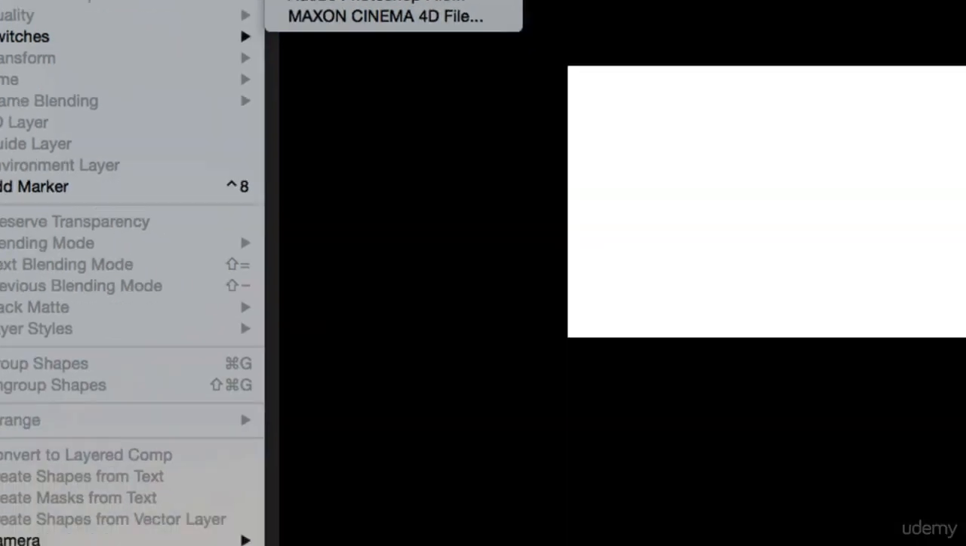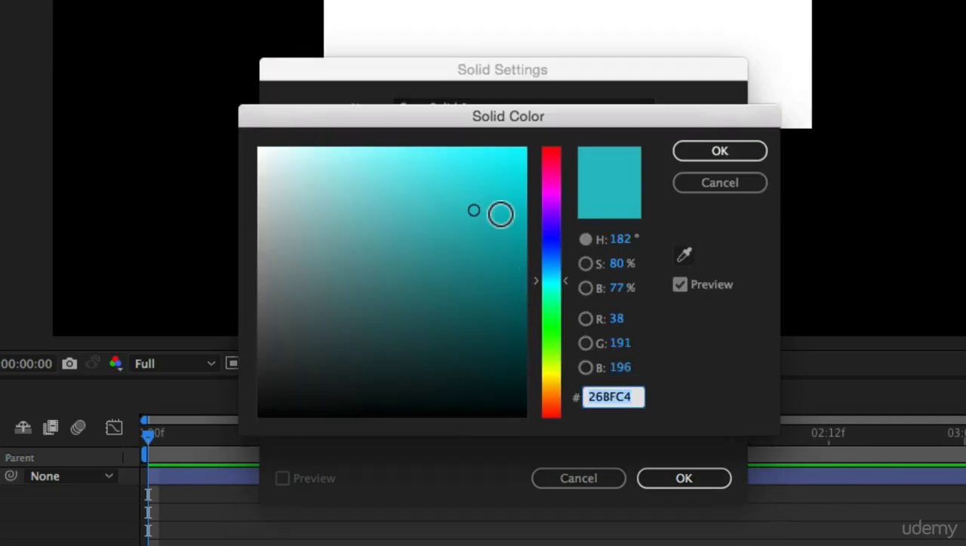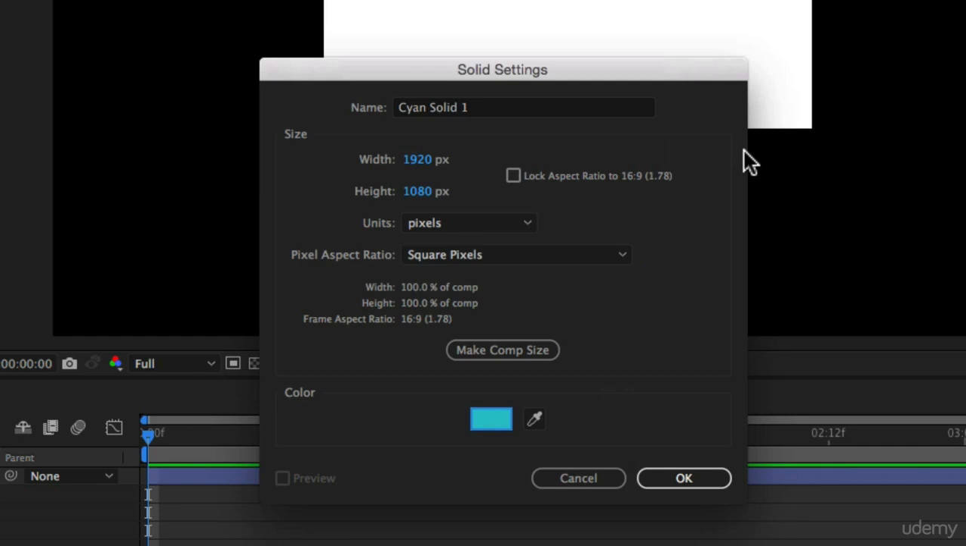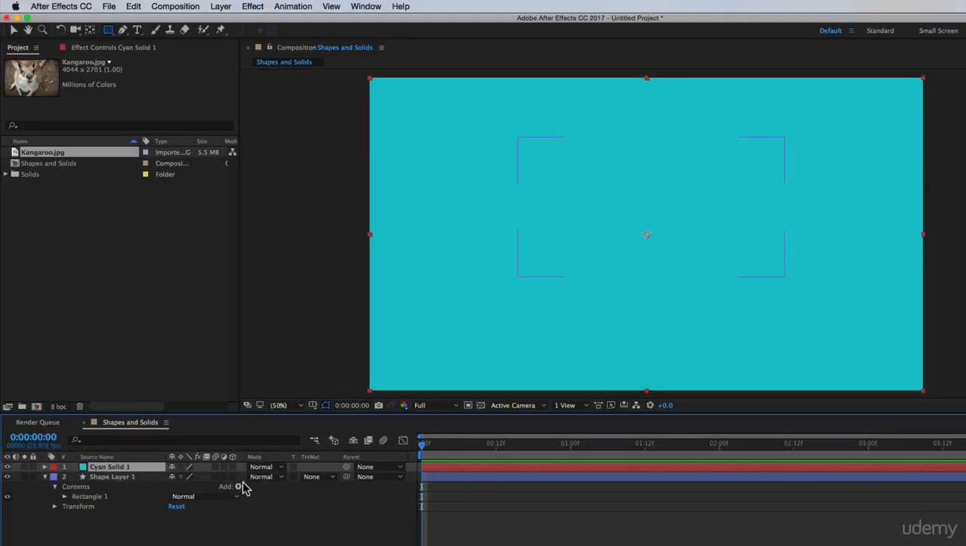So if I choose solid, it brings up this window where we can choose our solid settings. You can give it a name. You can also change the color. And this is going to be a full frame sort of color or shape. Typically matches your comp size, or you can just click this button to make it the comp size, then click OK. When you do that, it automatically pops up in your timeline, and it also pops up in this folder